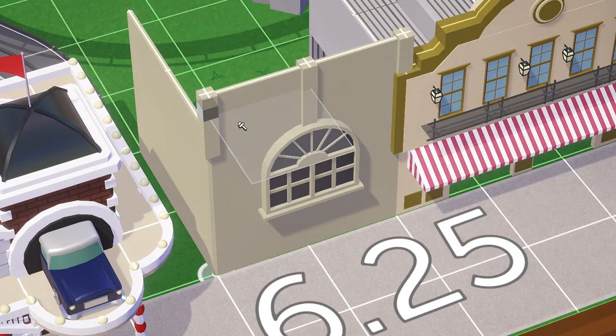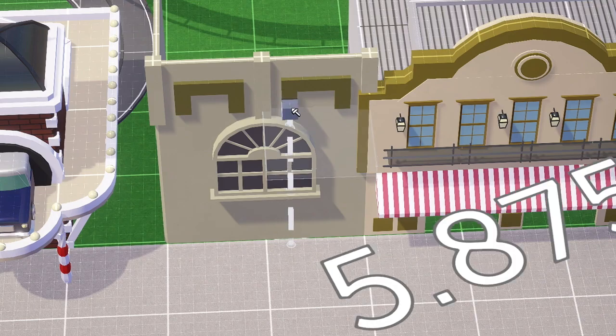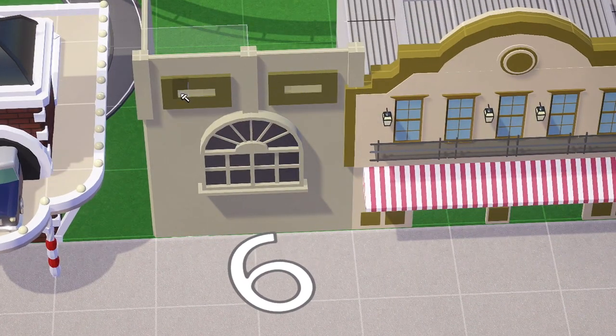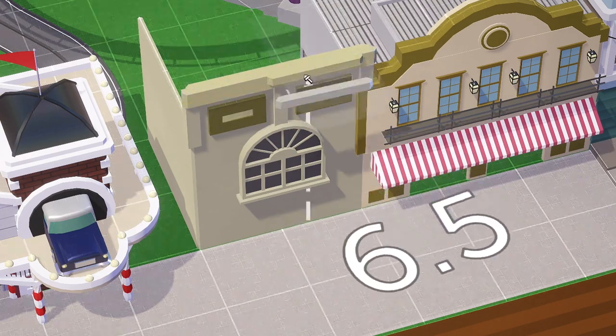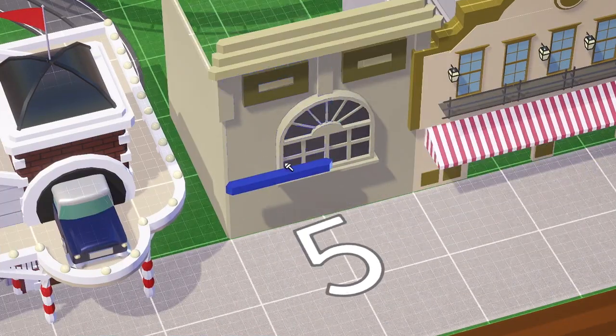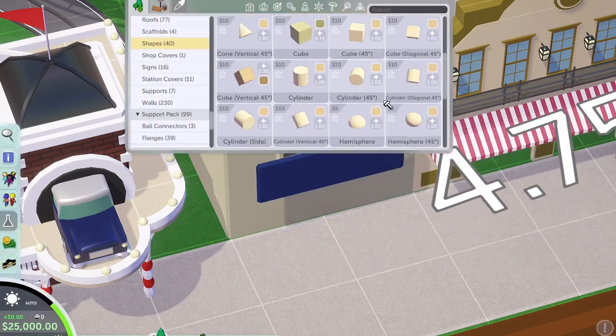I kind of stuck to these beigey browns. I'm not really sure why, but I think I was going for this classic look, and for me these colors scream classic for some reason. So I stuck with those, and I kind of like it. I didn't want to do it all too bright and colorful because that's not really what I'm going for with this park. But yeah, I'm just going to do a nice big sign on the front,